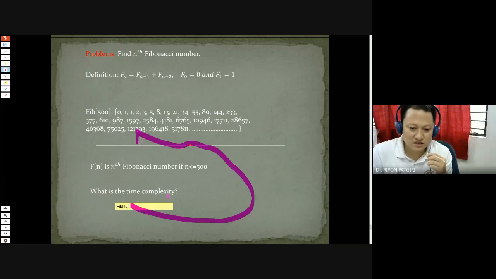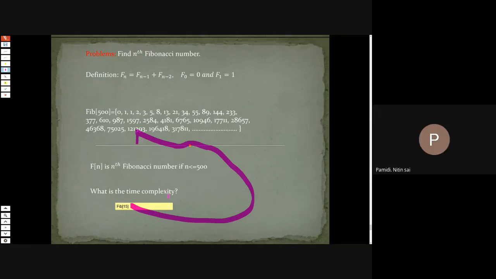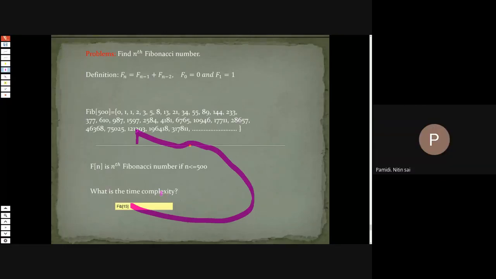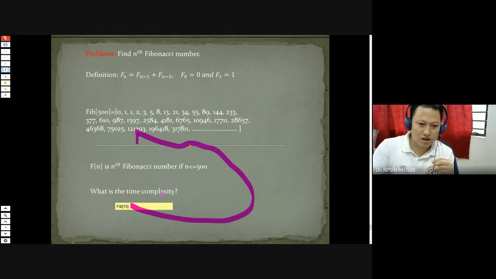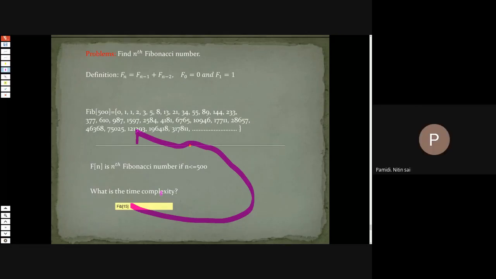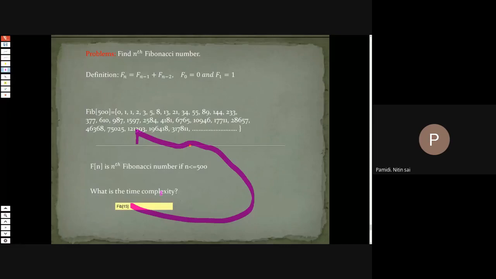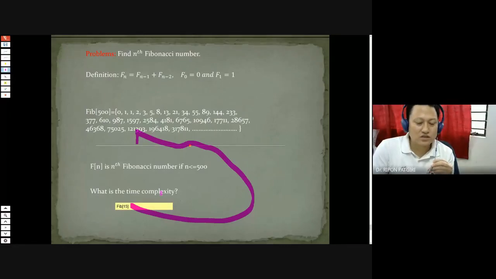Sir, but for calculating those values, there will be time complexity big O of n also. Now, how? Sir, suppose if we want to access fib of 5, then we have to start from fib of 0 and fib of 1 to calculate fib of 5, and for storing those values in the array, time will be taken.